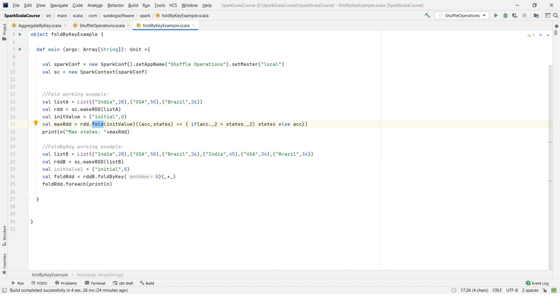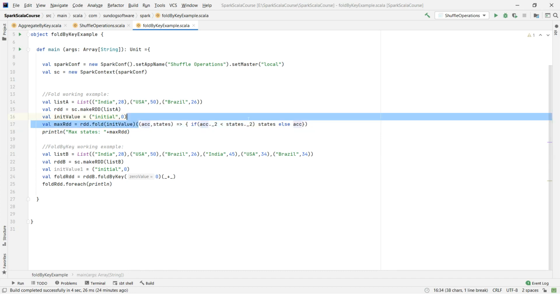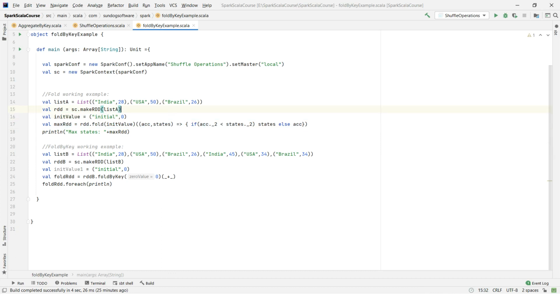But the main difference between fold and reduce is that reduce does not take an initial value, whereas fold takes this initial value and the same function that we are going to apply on top of that RDD, which we need to specify here. For reduce we can use it directly without any parameters.